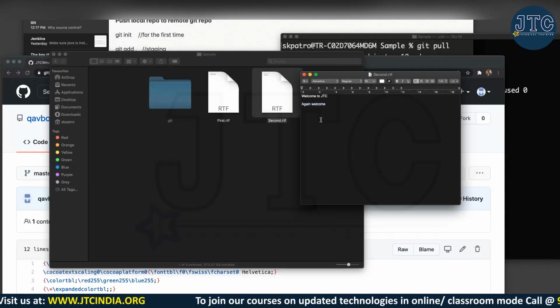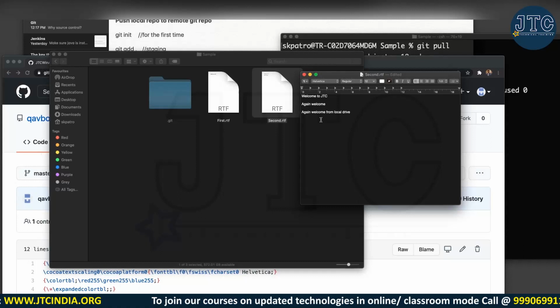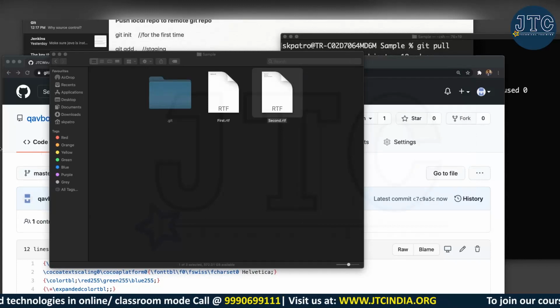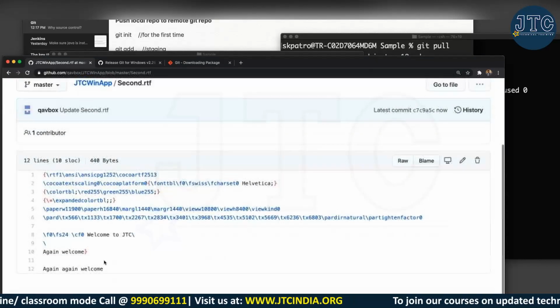That third line is not there, because somebody else has written and then pushed that code. By that time I am writing something. That's what collaboration is all about. So here, again welcome from local drive. I'm writing something here and I saved. Now you will see the same file I have updated and somebody else also updated.